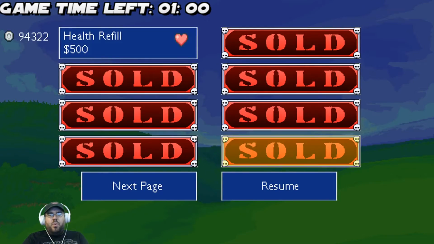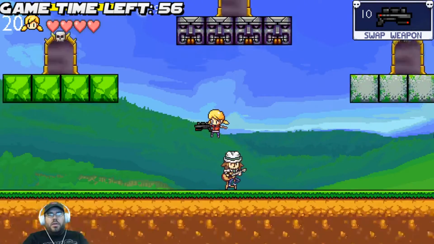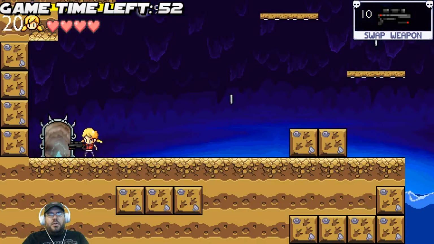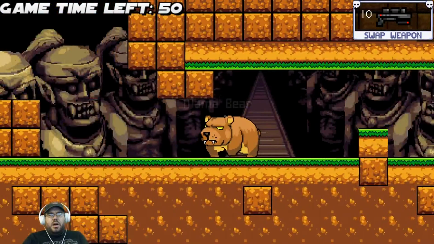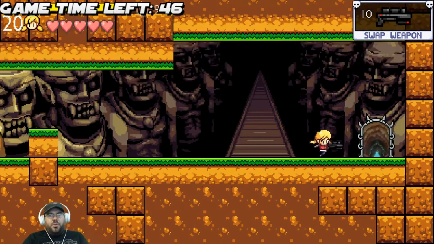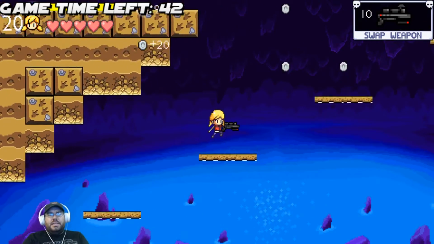If I could just remember which area is 2. That's 3. Okay, I think this is 2 right here. Yes. Oh, I did the wrong one. Sad day. Because I wanted to do 3 and go backwards to the second boss. But basically what this boss is